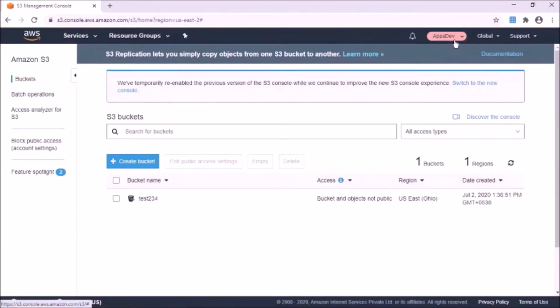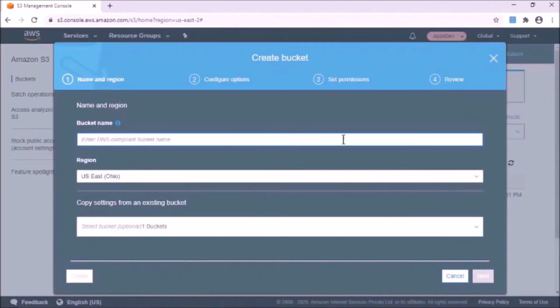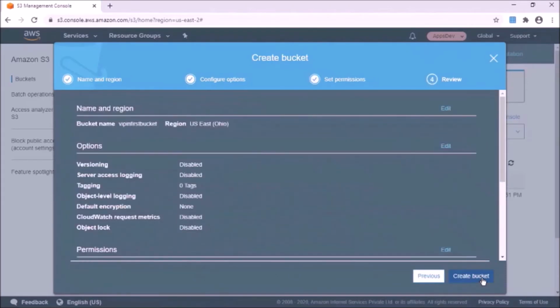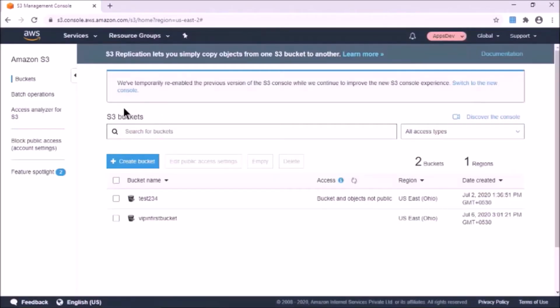Now Vipin has switched the role to AppsDev. We have given full access to EC2 and S3 for Vipin in this AppsDev account. So let's try to see if we can create the bucket in this account. I will create a bucket, Vipin first bucket. And there is no access denied error because he has full access to S3.